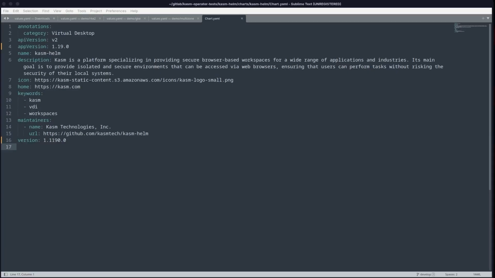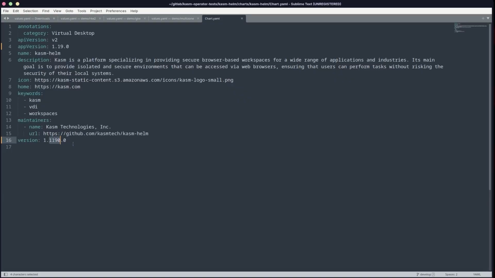Kubernetes Helm charts have 2 version values, and Kasm leverages both to help administrators ensure that the version of the chart that they're using lines up with the version of Kasm they have deployed. The chart's app version is associated with the Kasm bundle release version, while the chart version value is associated with the chart-specific version. You'll notice that the middle number in the chart version corresponds to the Kasm application version that has been bundled and released. For example, chart version 1.1190 corresponds to Kasm 1.19. This is one way administrators can ensure they're deploying the right chart for the version of Kasm that they are